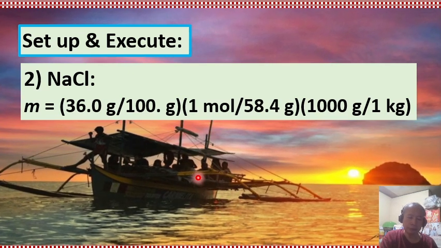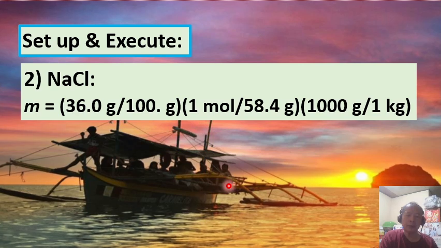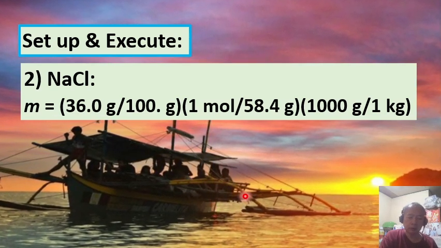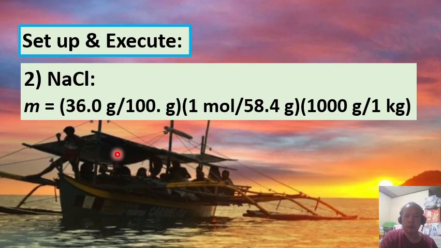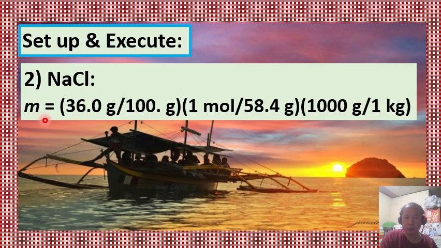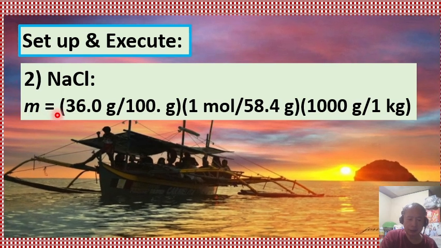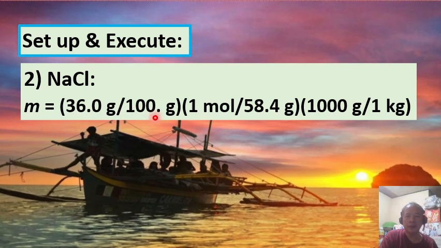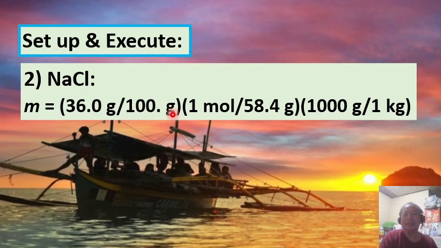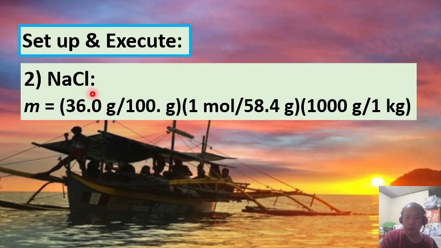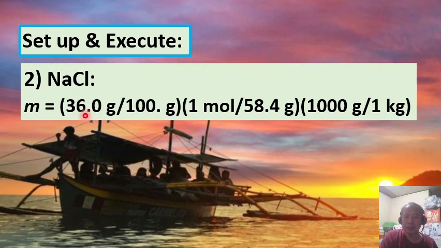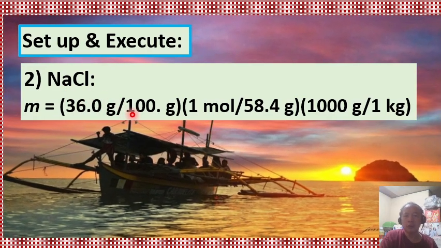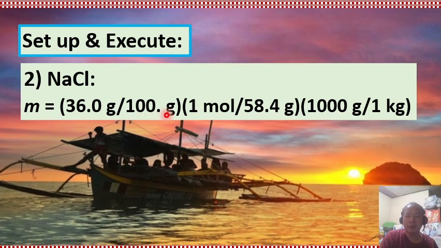In question number 2, we first determine the molality of each of the salt solutions. So for the sodium chloride solution, the molality equals 36.0 grams per 100 grams. This is the given solubility of sodium chloride, which means 36.0 grams of the solute sodium chloride will dissolve in 100 grams of the solvent